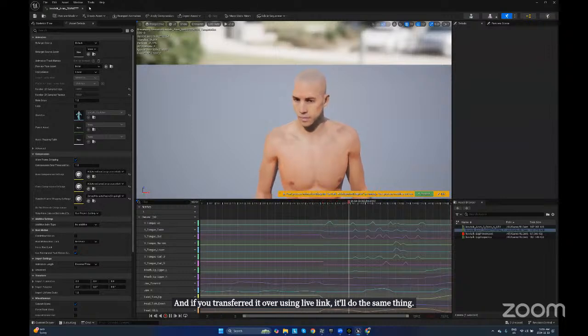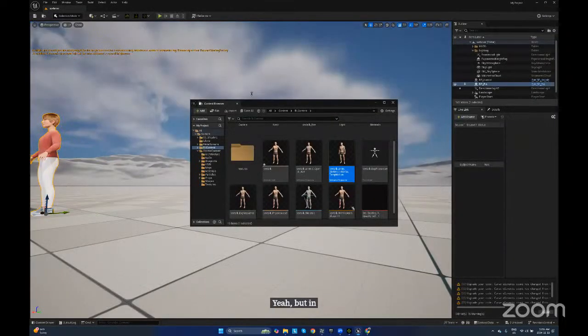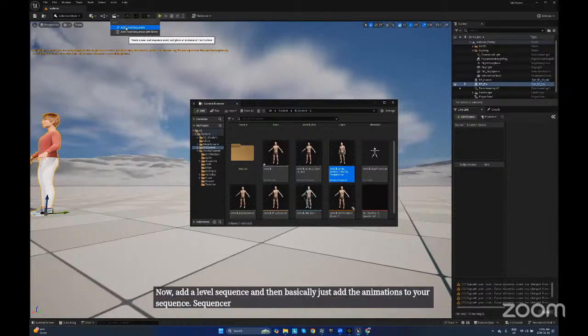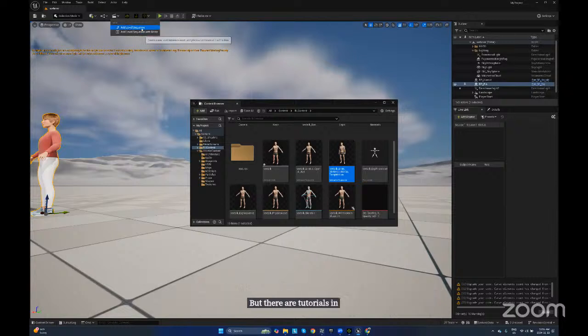Yeah, but in terms of you want to create a sequence basically here. Now add a level sequence and then basically just add the animations to your sequence. Sequencer gets a little bit complex, so I won't go into it right now. But there are tutorials in our learning center about adding to the sequencer with live link. I'll show you